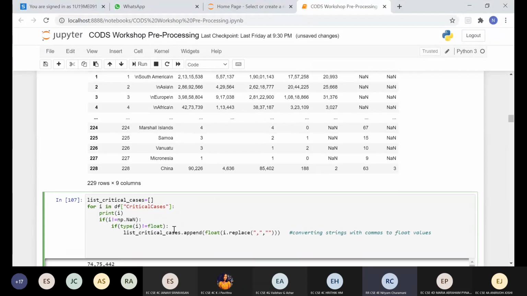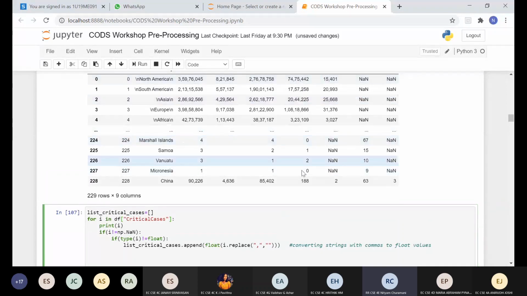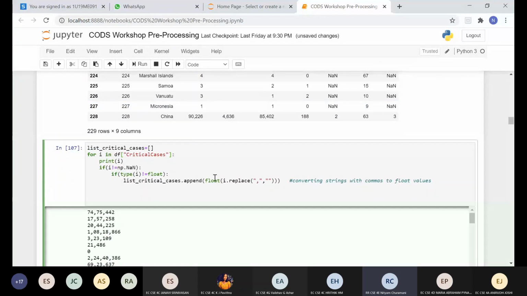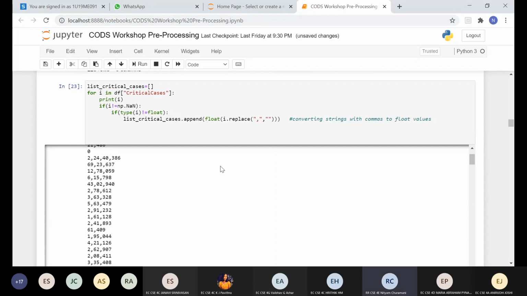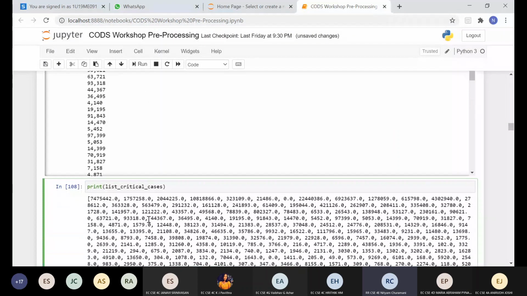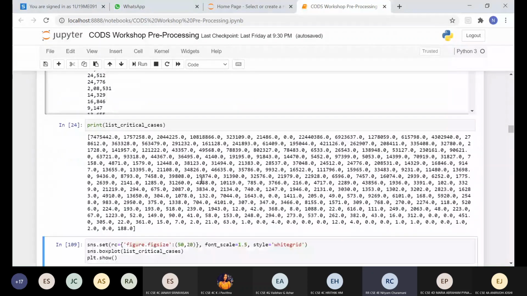So here is a little piece of code which is converting those string values into float values. But keep in mind, we have a lot of commas in these string values, so you can't directly convert them into float or integer values. Here we have to convert these string values into float values by replacing the commas present in them. As you can see, we had a lot of commas in those strings, and after performing that operation, we have removed the commas from each individual element in that column,